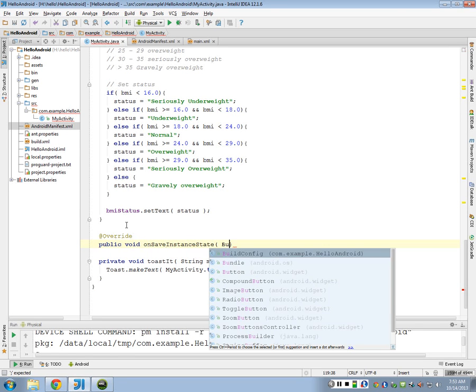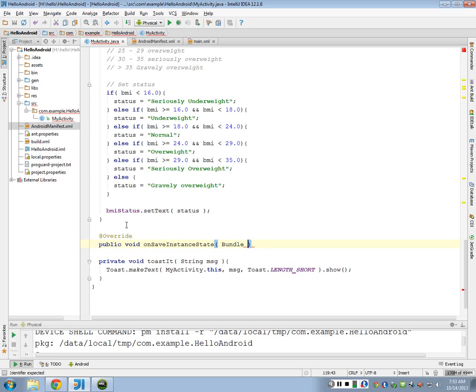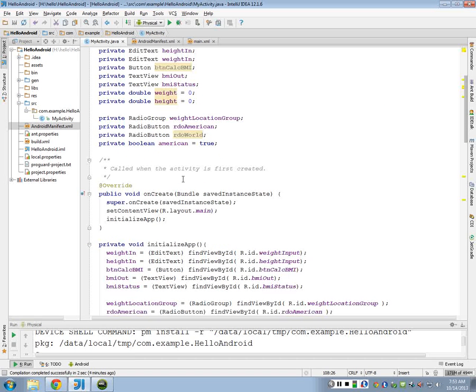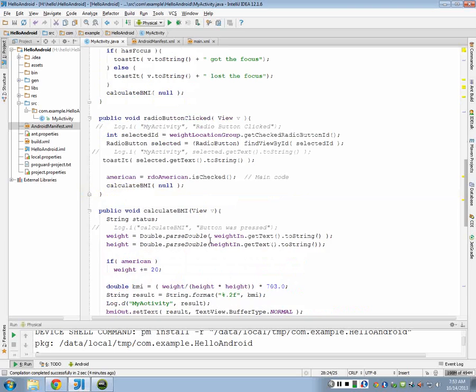That too, right? So this one takes a bundle, which is basically a structure that holds all the information about this particular application. And if we look in our onCreate, that takes the same information. It takes this bundle of the saved instance state. All right, so